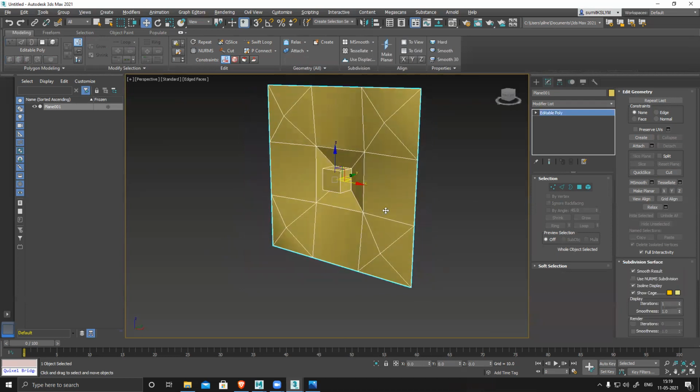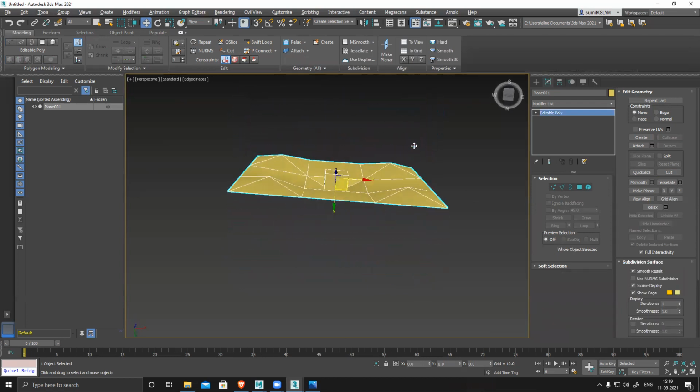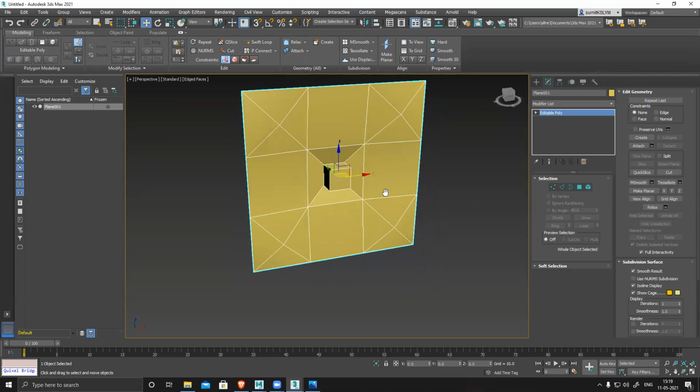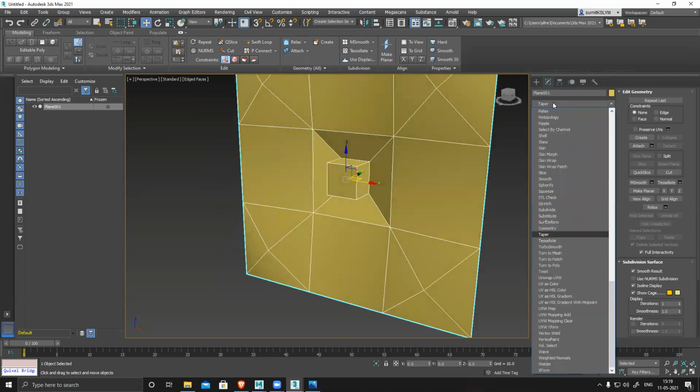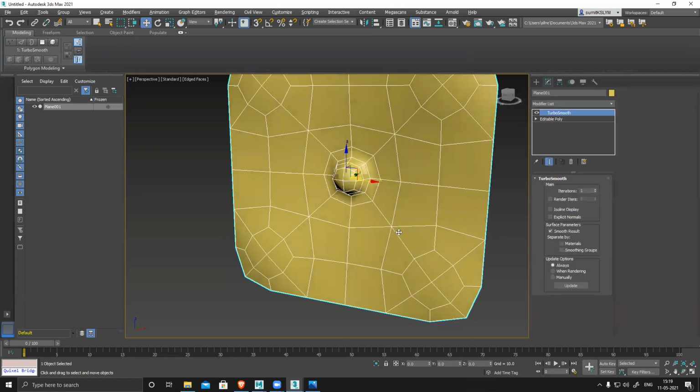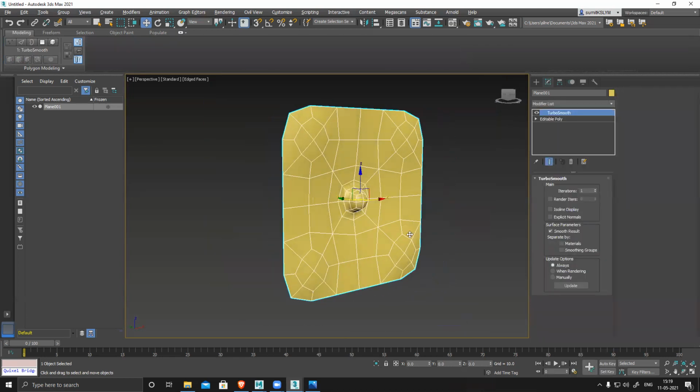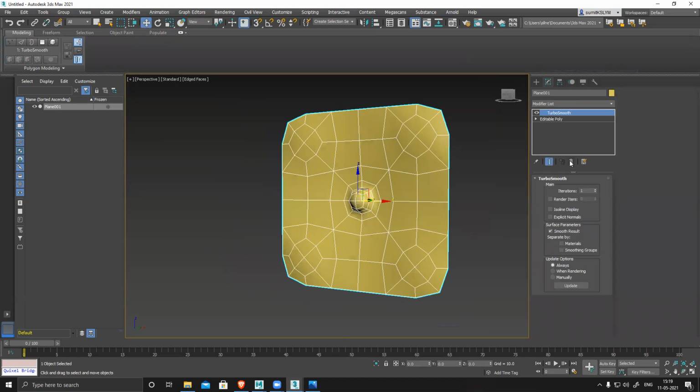Now I'll check the shape once. From the side, I need something to hold this shape. So let me check this by applying a turbo smooth here. It doesn't hold the shape.